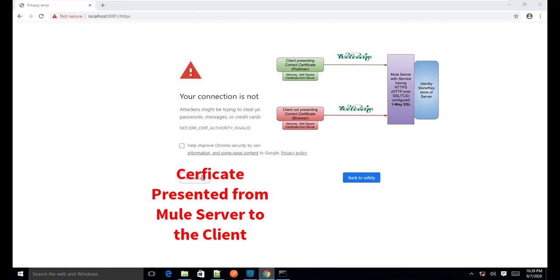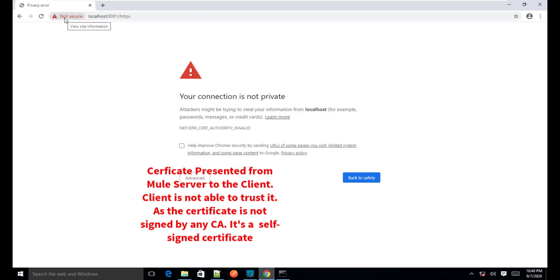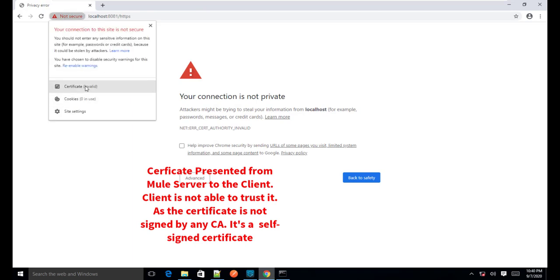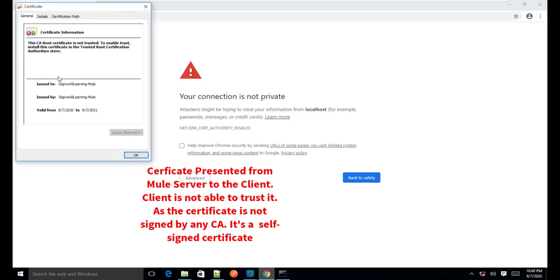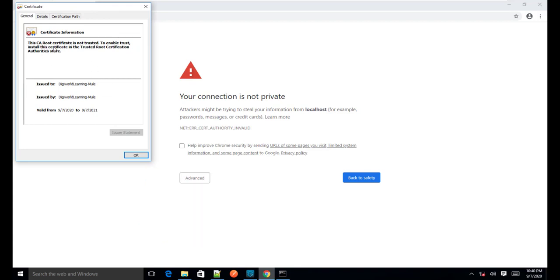The server is not able to be validated because the certificate is self-signed. If we see the details, you can see it is clearly showing that this CA certificate is not trusted. To enable trust, install this certificate in the Trusted Root Certification Authorities store.